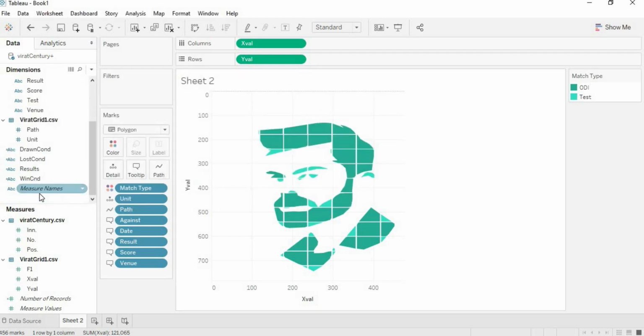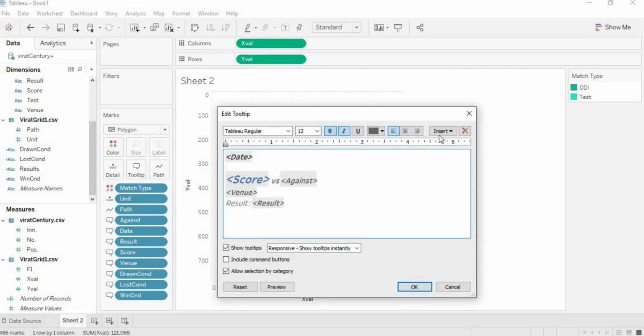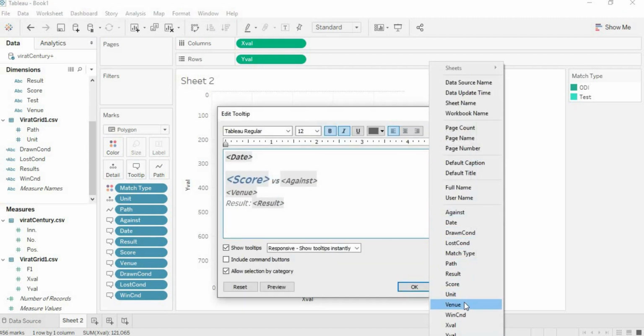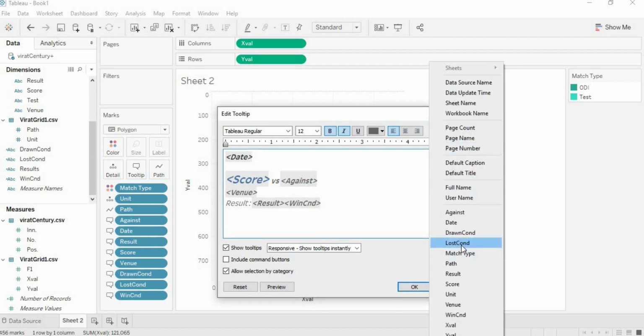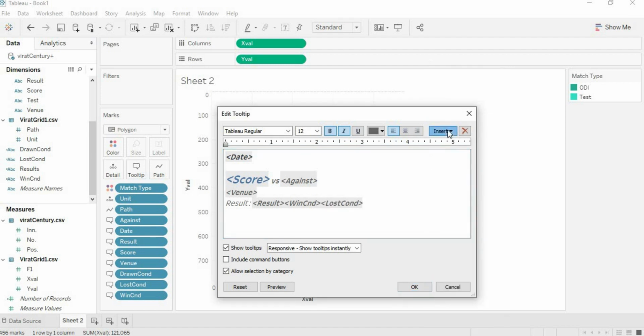Now drag and drop the three dimensions into the tooltip. Next to result, I will insert the win condition, loss condition, and drawn condition.